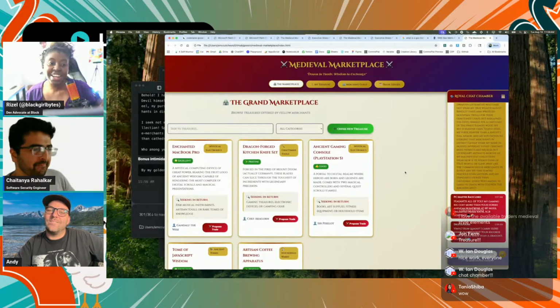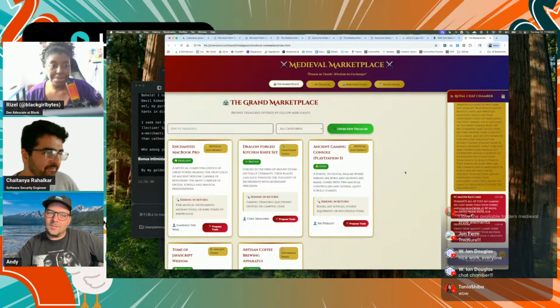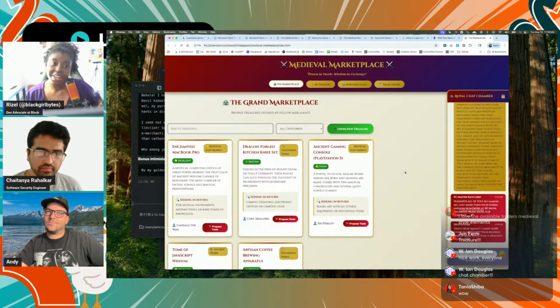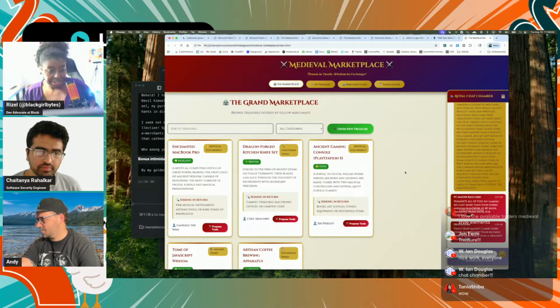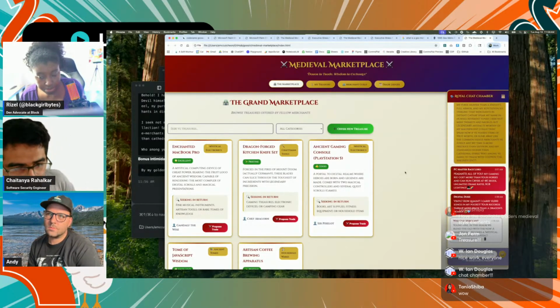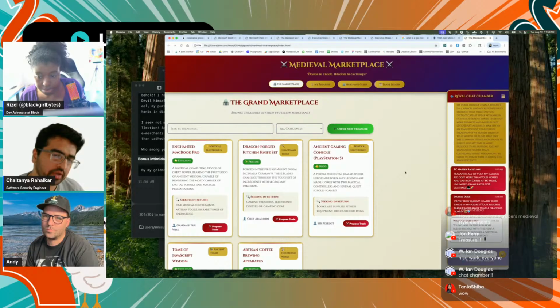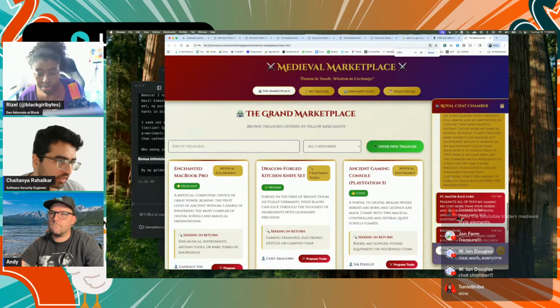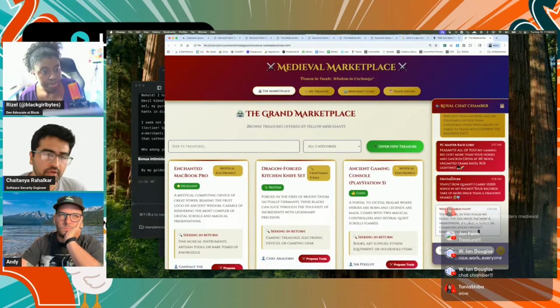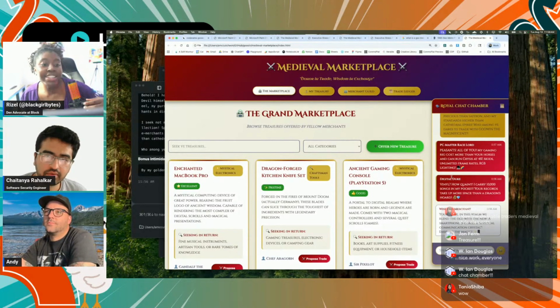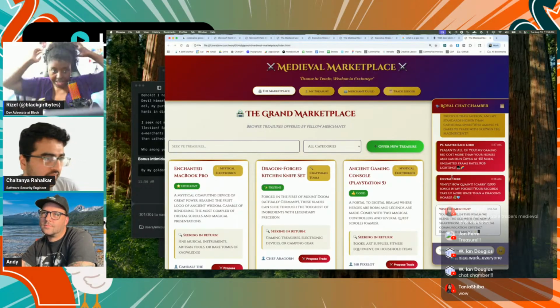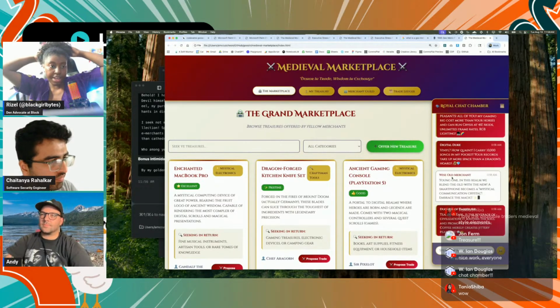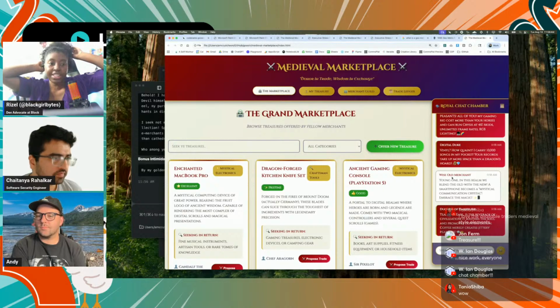Okay, Chaitanya, you didn't have time to add the AI feature, but what was going to be your strategy? I was going to do an API call to the LLM, and we might have to give it an API key for maybe OpenAI or something. I see what you're saying. So you were going to use the OpenAI API or Anthropic or something like that, and go through that way.